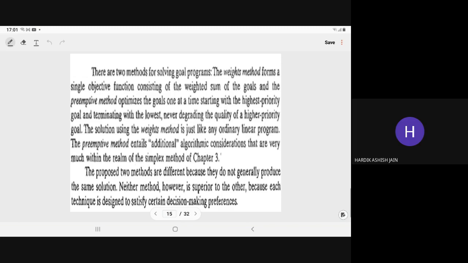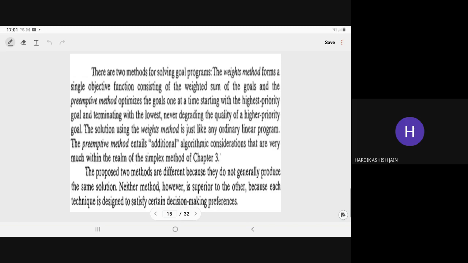So, in the last class we covered the formulation of goal programming. There, I gave you an idea of how to write the goal using the deviational variables. Is there any doubt? Is it clear? Is there any doubt online? No, sir. Now, after the formulation, we have to find the compromise solution.